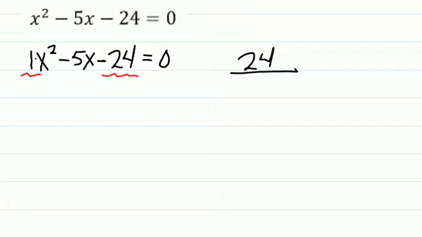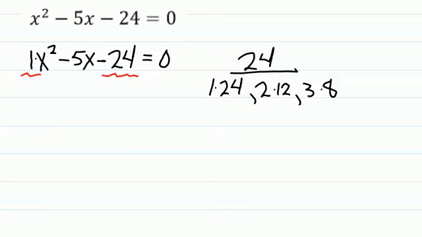So the factors of 24 include 1 and 24. We have 2 times 12, 3 times 8, and lo and behold, I believe that with 3 and 8, I can either sum or subtract the 2 to make negative 5. In fact, 3 minus 8 equals negative 5. So let's rewrite this as